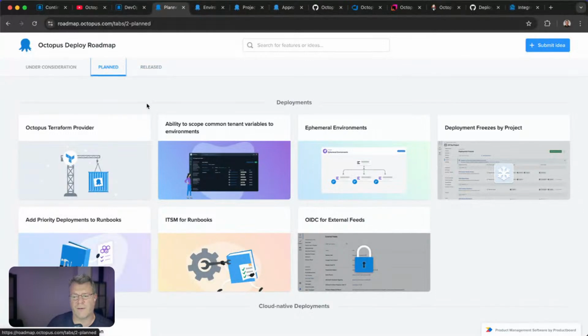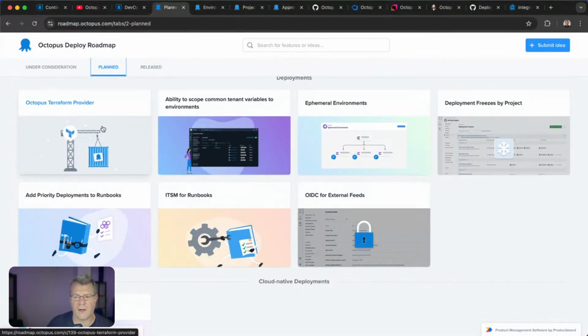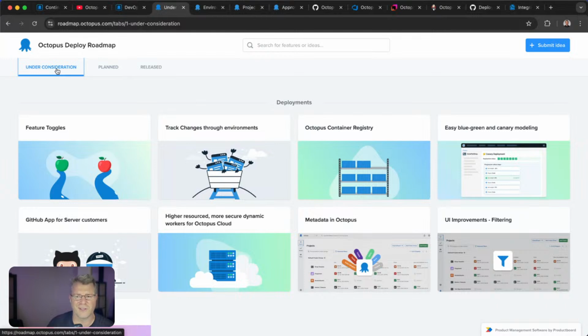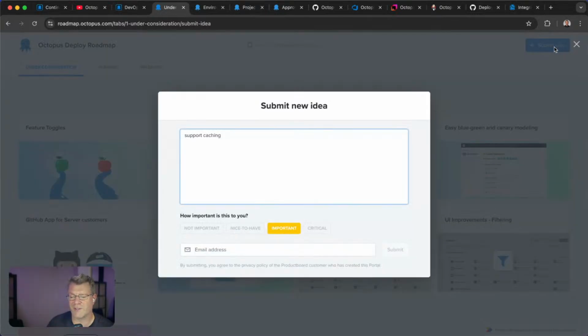We also have a list of planned features as well. So we have a Terraform provider, for example. We have the ability to scope common tenant variables to environments. We're working on features like ephemeral environments as well. So these and other features we find under the planned section. And you have those ones that are also under consideration. If you have an idea, you can certainly submit it and let us know how important it is for you to have this idea implemented as part of Octopus. So that's up at